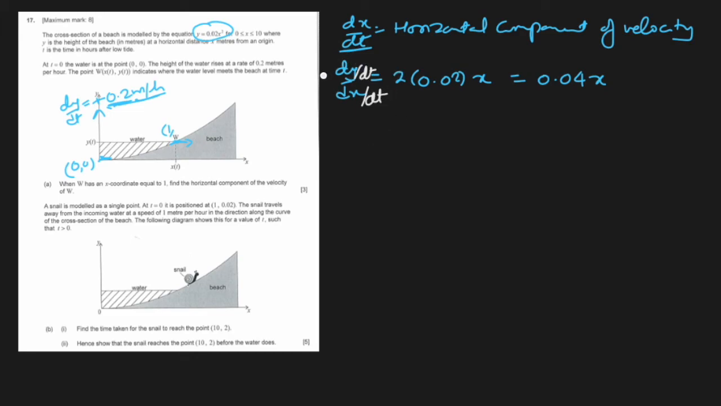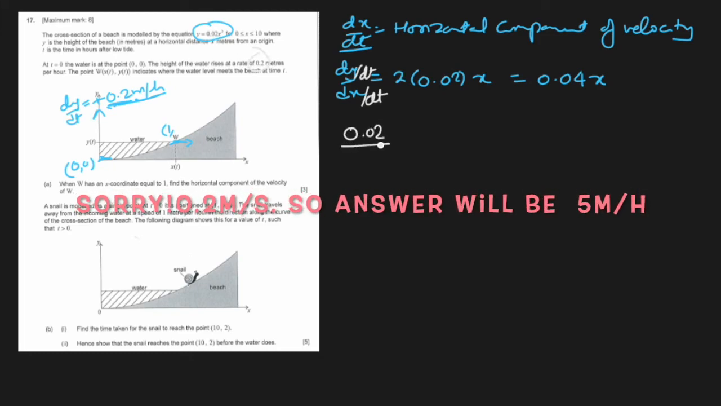So dy over dt has been given to us as 0.02 here. So 0.02 is dy over dt, and dx over dt we have to find out when the x coordinate is equal to 1. That means this x will be equal to 1, so 0.04 times 1. Now we can cross multiply to find dx over dt, which is our requirement. It will go up and 0.04 will come down. So 0.02 over 0.04 is equal to dx over dt, and we can cancel this, and it will be equal to 0.5